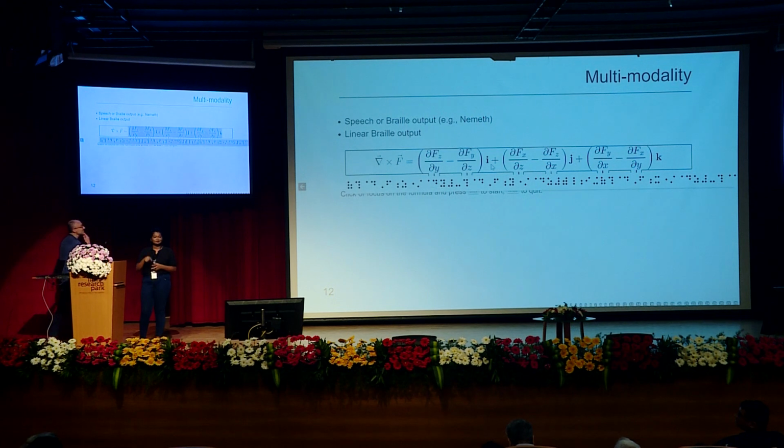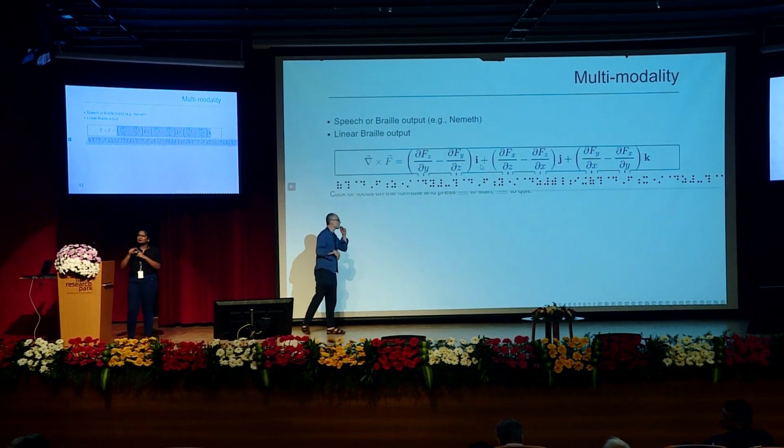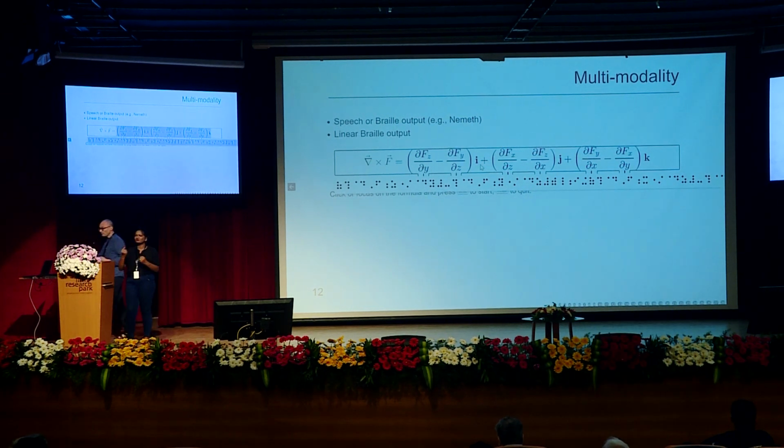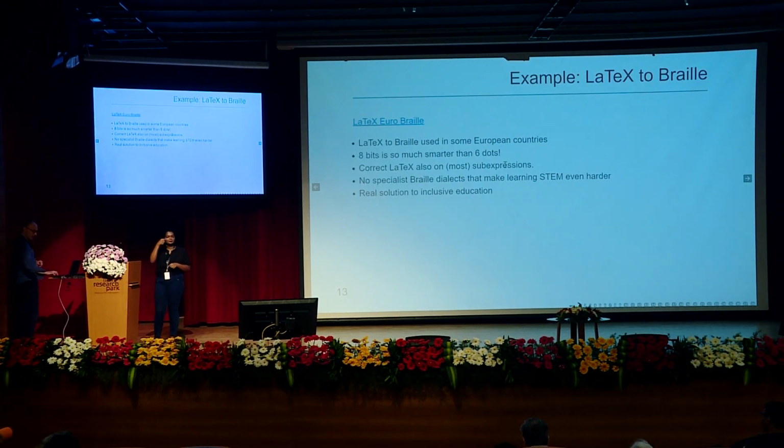And the Braille you can see here is Nemeth, which is commonly used in the United States. It's a particularly elaborate dialect of Braille, which allows you to really express a lot of mathematics, fonts, all kinds of different symbols. Now we can do other things as well, and I'm particularly happy to show that to you because I think this is an important part.